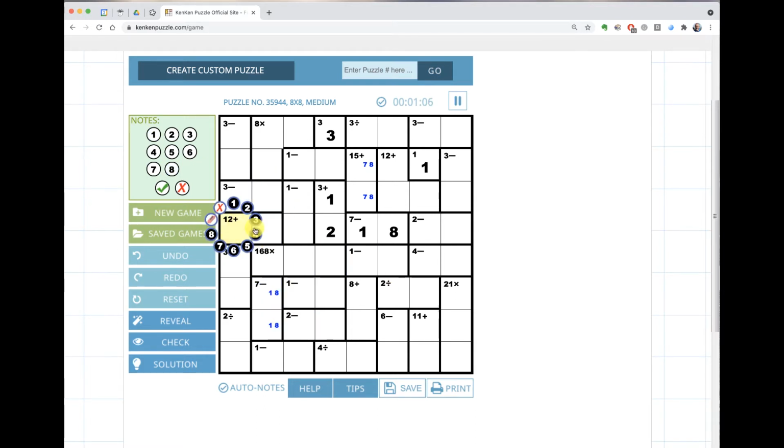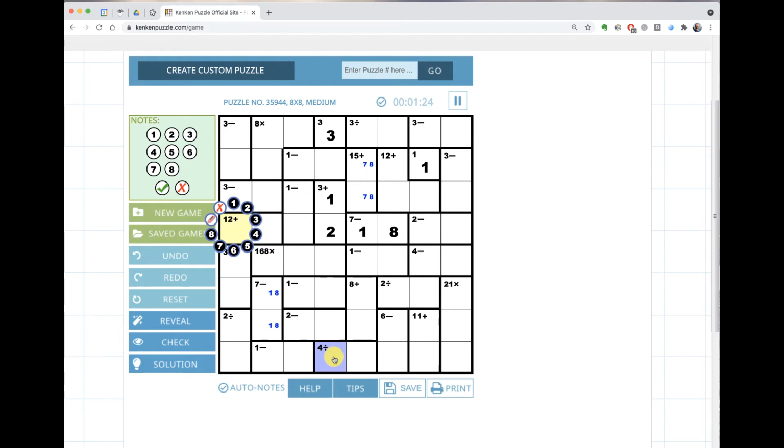How many ways can you make 12? 12 plus. And by the way, there may be some more. Actually, I see another easy one. It wasn't easy to start with, but it is now because these two, how many 4 divided sort of results